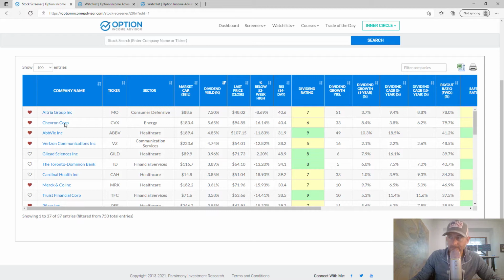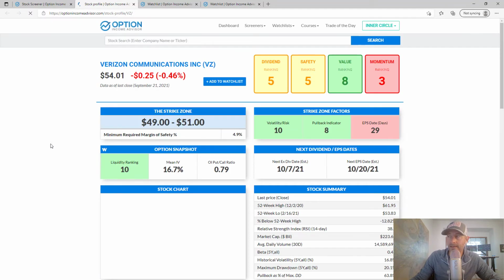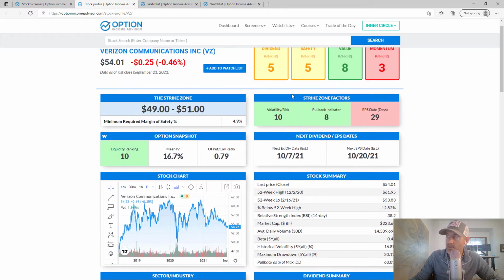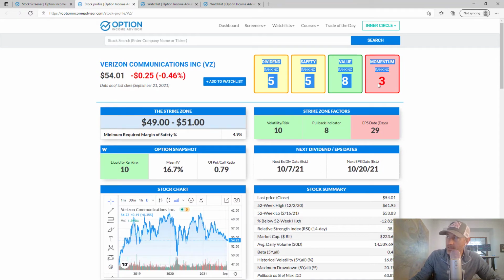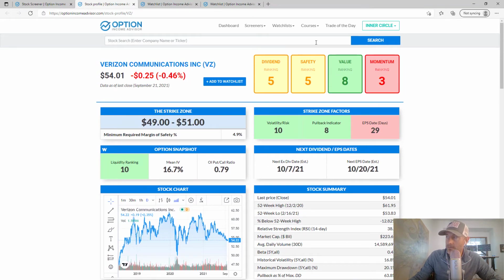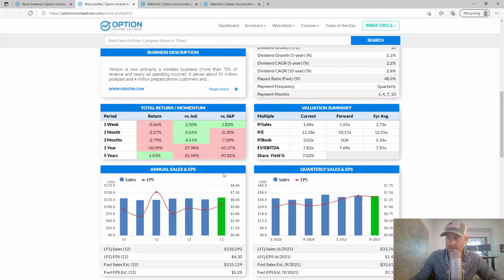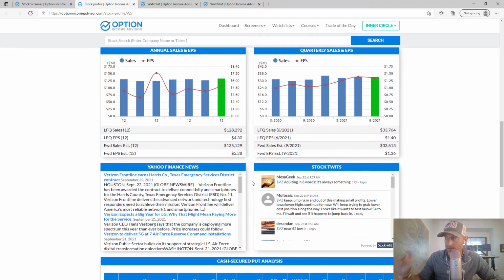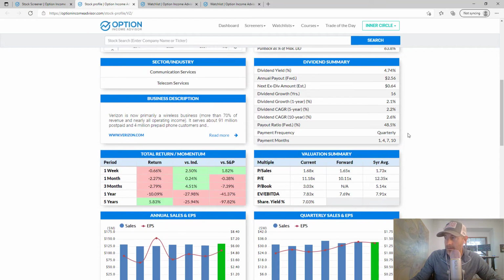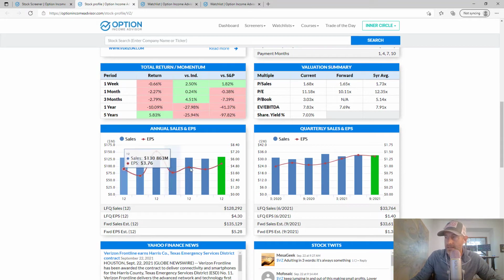And anytime you're in a screen format here, you can always click on that link, and it'll take you right to the stock profile for that stock. So then you can dig in deeper, right? Because the information that goes into each of these rating metrics is on this stock profile somewhere. So if you're questioning why this has a safety rating of 5, well, we can go down here and say, okay, the safety rating's based on the historical trends, the balance sheet strength, things like that. So you can get an idea of where you're at.